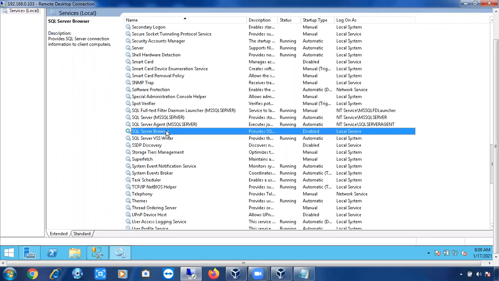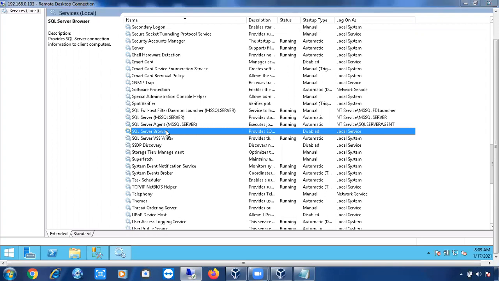For versions below SQL Server 2012, that is SQL Server 2000, 2005, 2008, 6 services will come. The extra service is Active Directory Helper. Fine. So now, what kind of folders are going to be created?